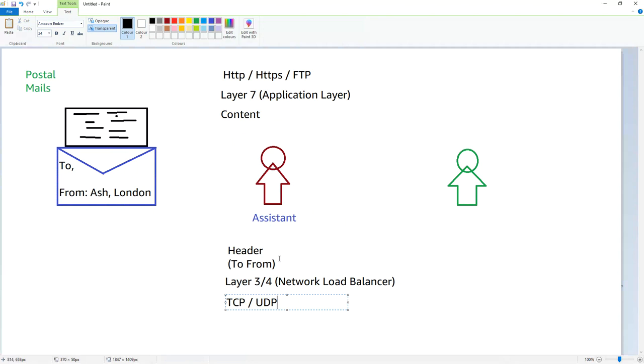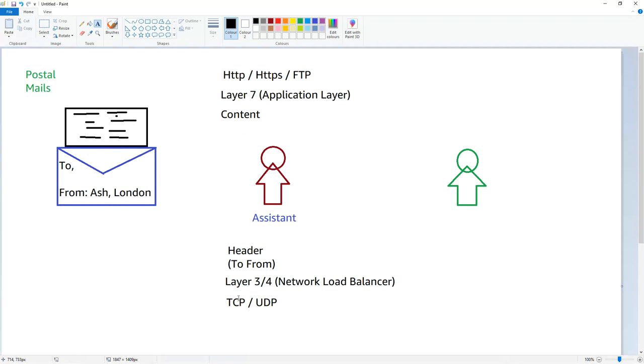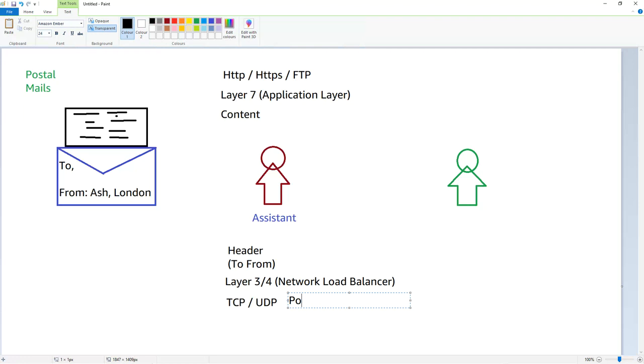So if my load balancer is forwarding data based on TCP, UDP, or we can go a little further, port number, protocol number, then we would be calling it a layer 3, layer 4 network load balancer. And if my load balancer is forwarding the information based on the content of it, we would be calling it a layer 7 load balancer. So hopefully everyone is now clear on what a layer 7 and a layer 4 load balancer are.